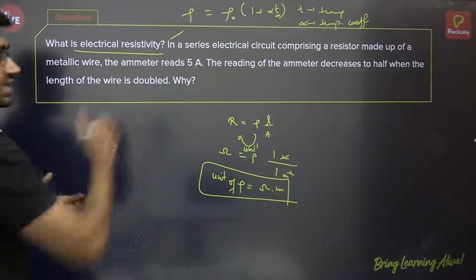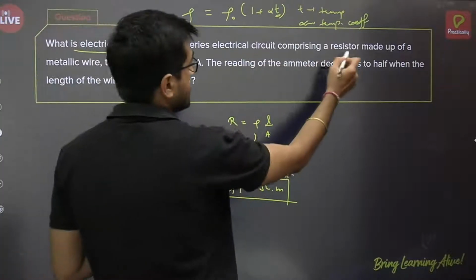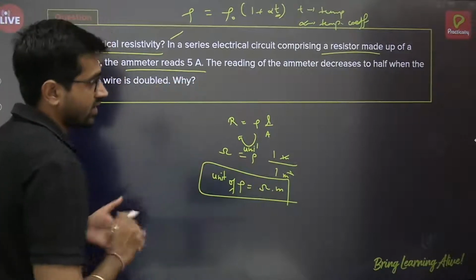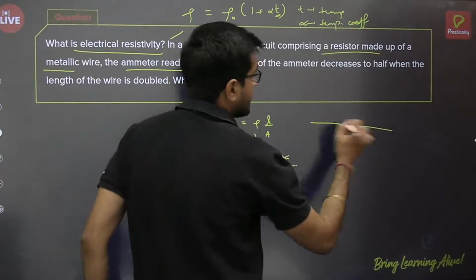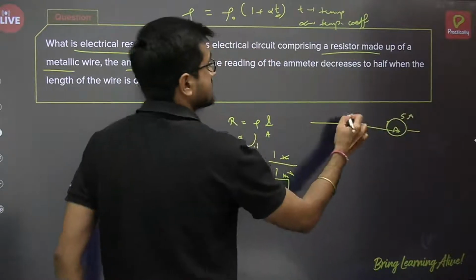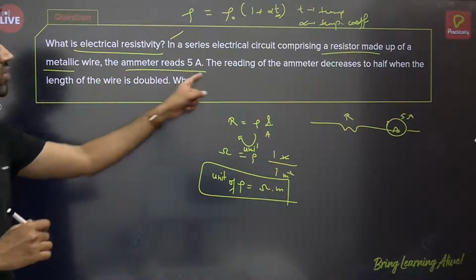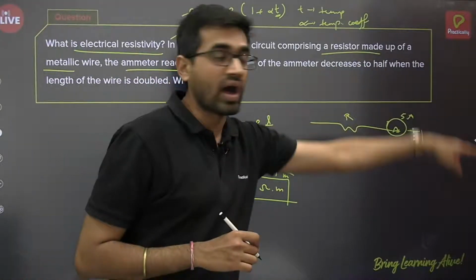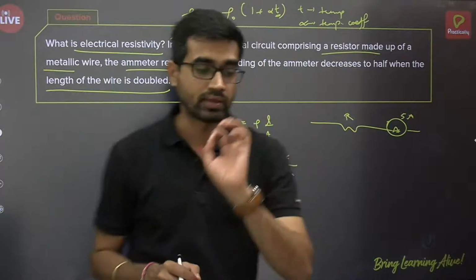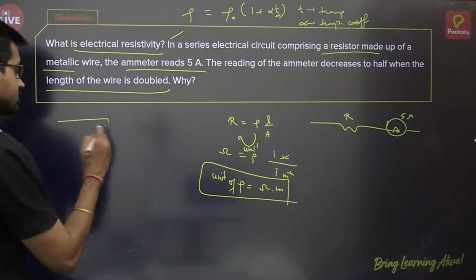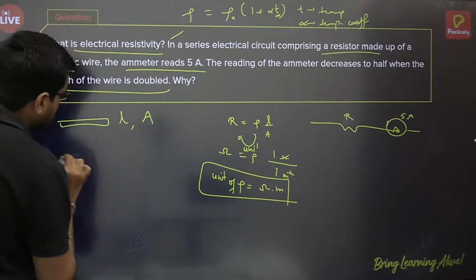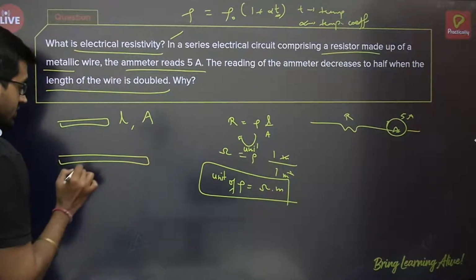Now what it is asking us: in a series electrical circuit comprising a resistor made of a metallic wire, the ammeter reads 5 ampere. So there is a resistor and the ammeter is telling you that it is 5 ampere. Some resistance R. Okay. Now the reading of the ammeter decreases to half when the length of the wire is doubled. Why? Simple thing. When you take a wire of given length L and a cross-sectional area A, if you make the length double, that is 2L,